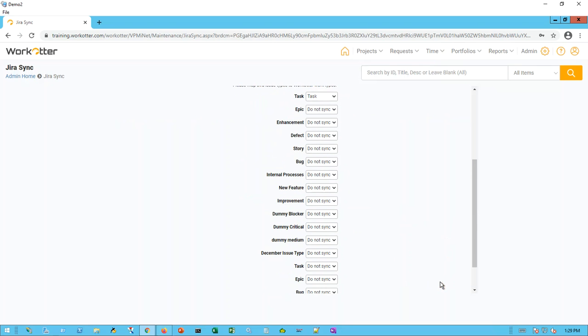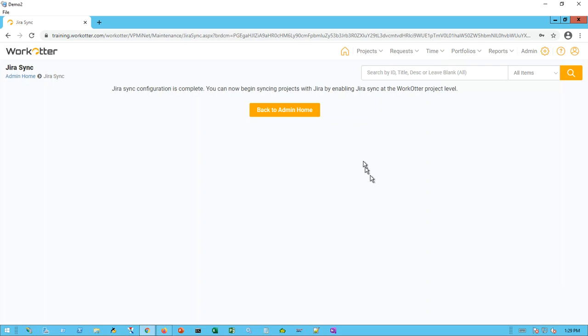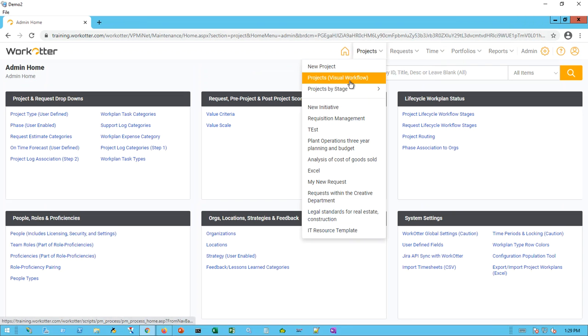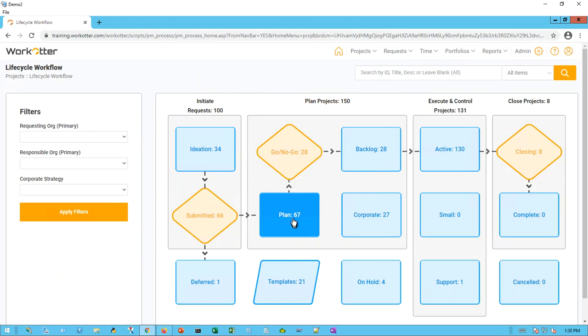Okay, submit, and now you're done. It's that simple, right, to set up your JIRA integration. Now back to our workflow. What does that mean for you? So if I go now to a